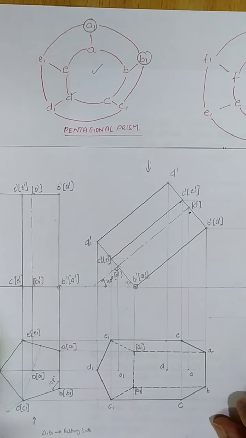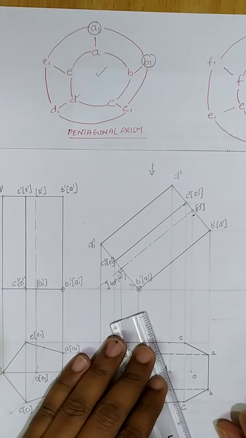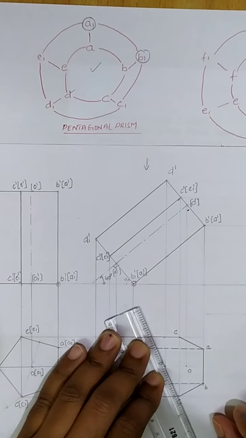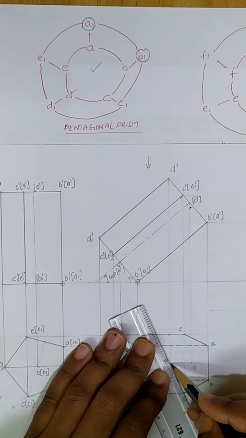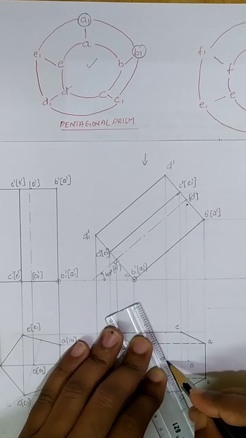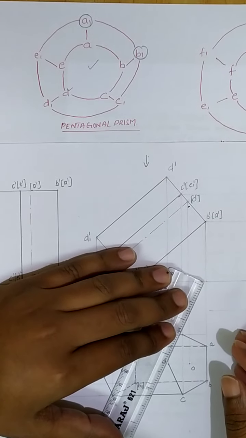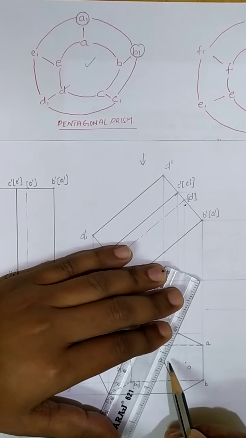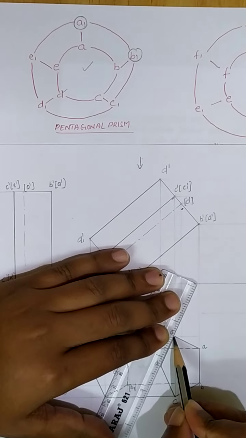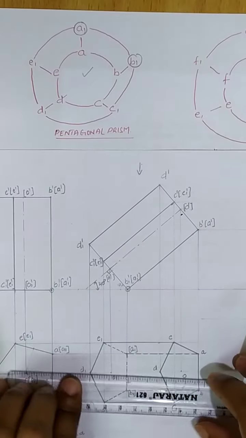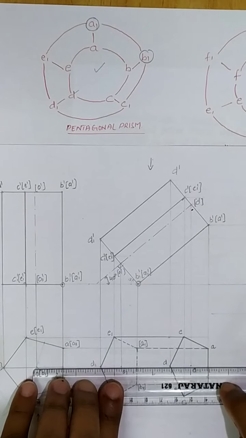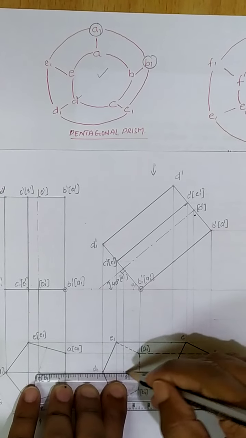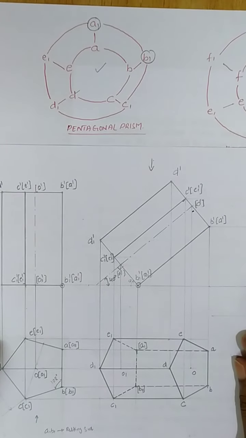All those lines you need to draw as thick continuous lines. You draw them as dark continuous lines. So that is D to C. After D you'll get the alphabet E, in that way also you can remember. So D to E, and finally since it is a prism, I will always have a line from D to D1, the third line. So this is the figure that I will get.